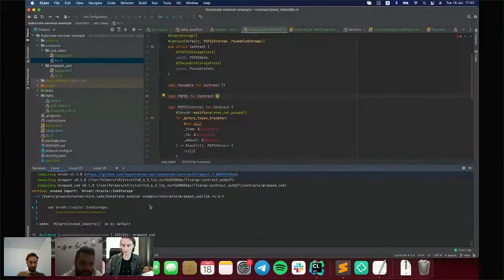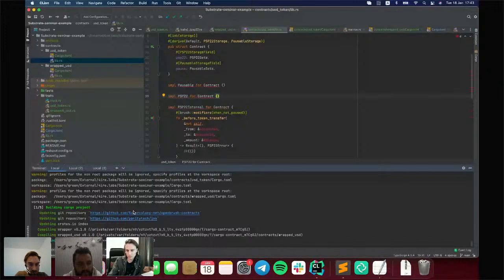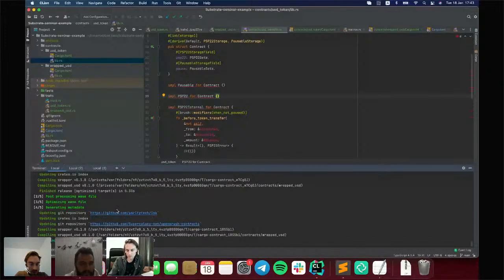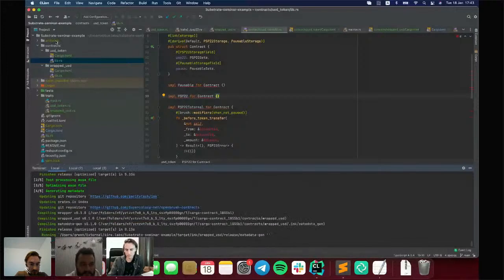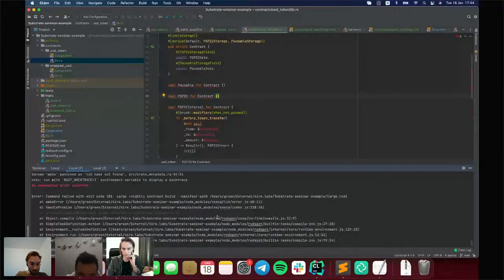Okay, now we need to identify why we have an error with the wrapped contract when we try to compile it in the context of tests. Yeah, it says that we can't execute.